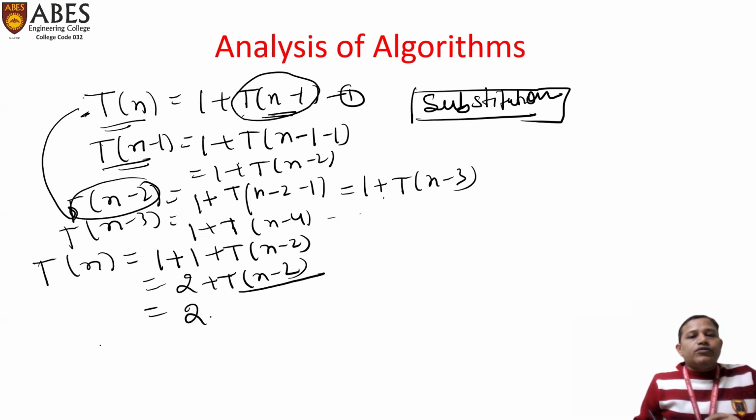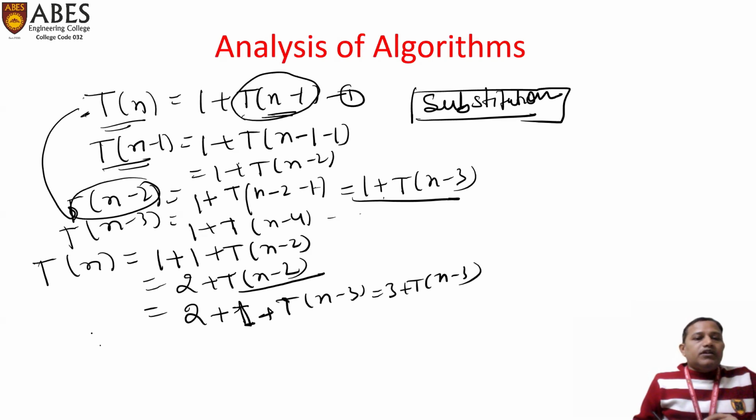This will be 1 + T(n minus 3), that is 3 + T(n minus 3). Similarly, if we put this value like this, then the pattern will be k + T(n minus k), because